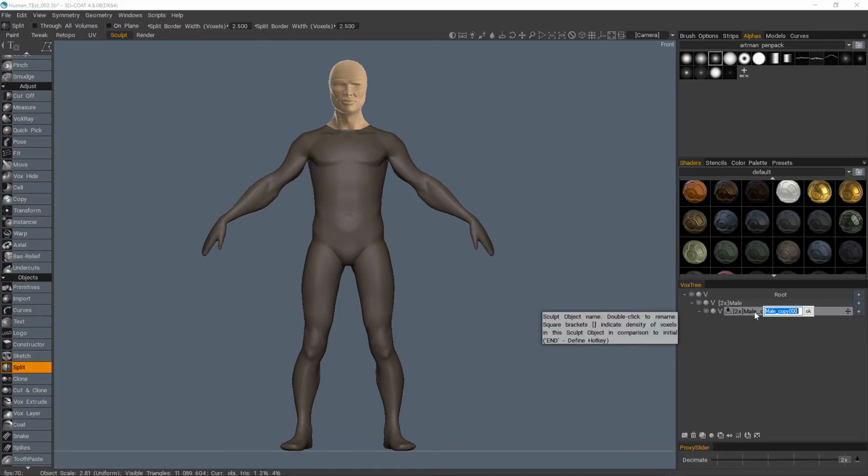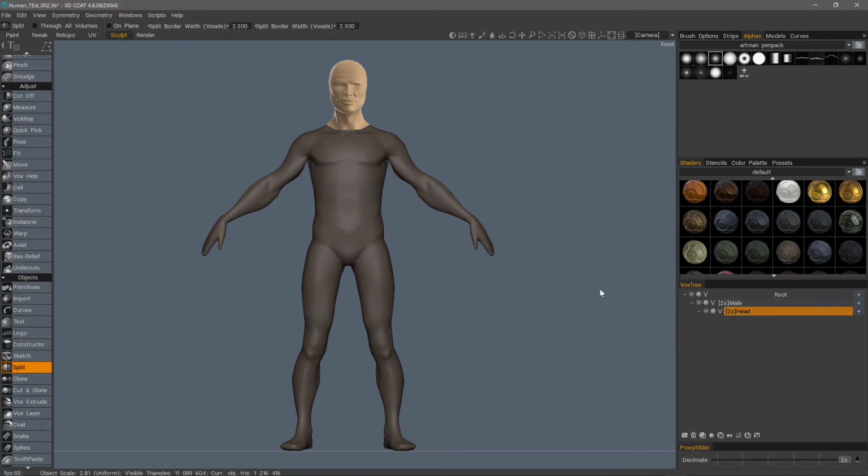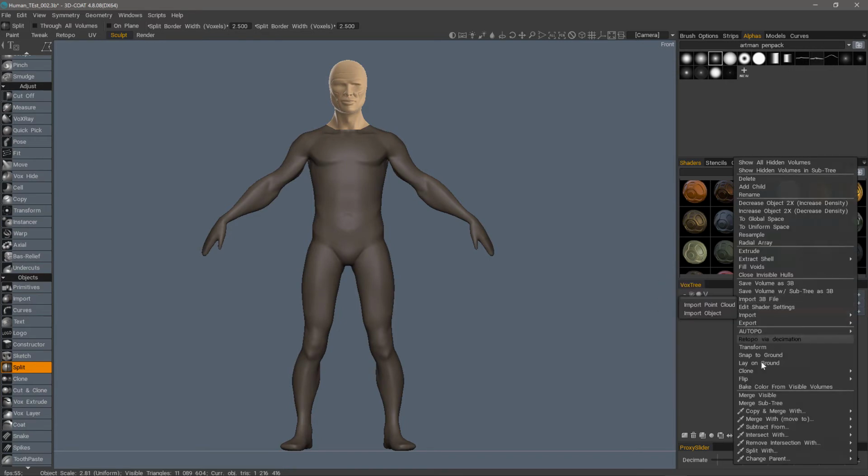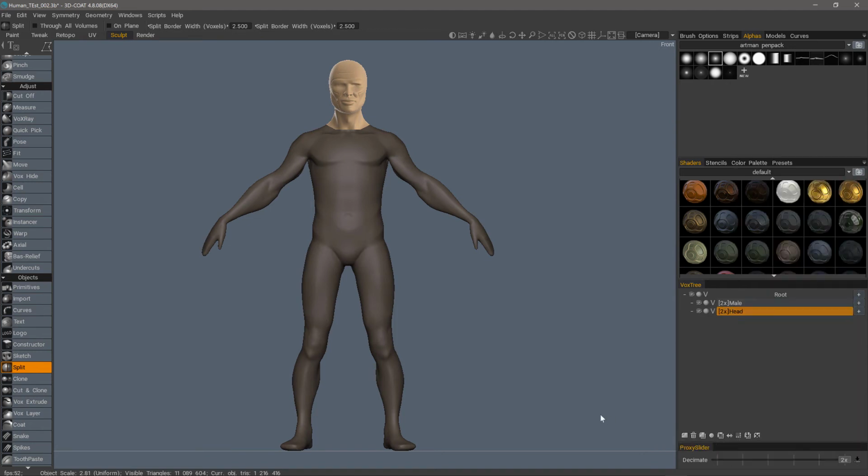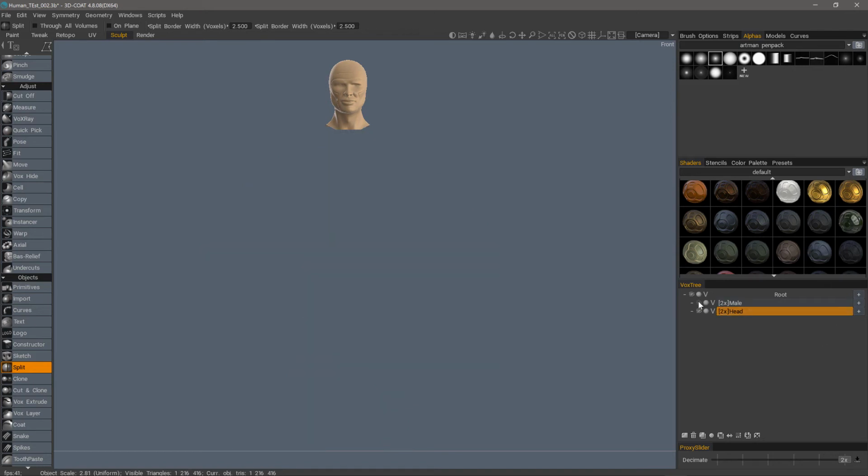I can double click it now, name it head. If I want to make this independent, then there are a couple different ways I could do it. I could right click on it and choose change parent. So I'll choose root. Another way that you could do it is you could come to the right side. When you see the little move icon, you can just drag that outside of the parent and it will now be completely independent. Now I can hide the rest of the body